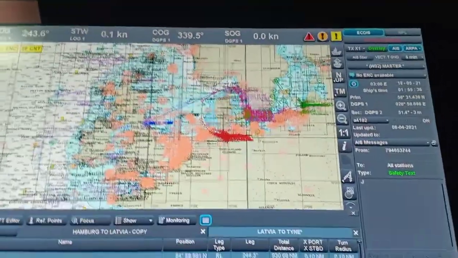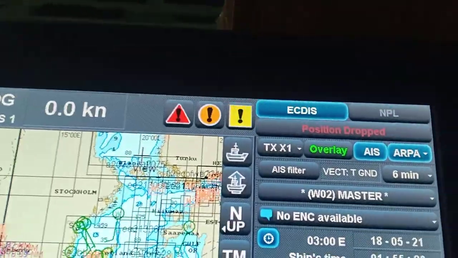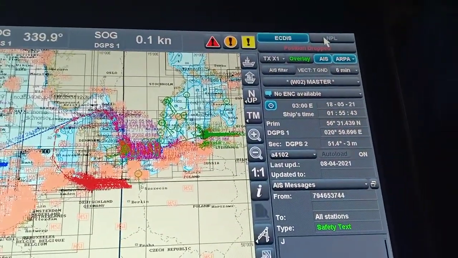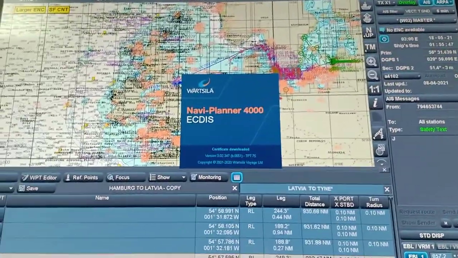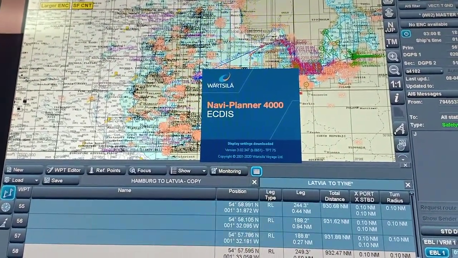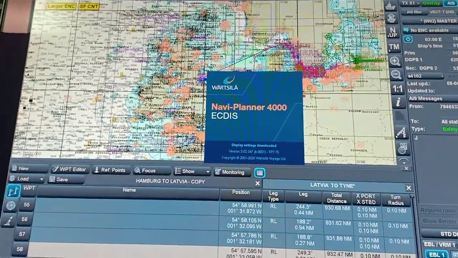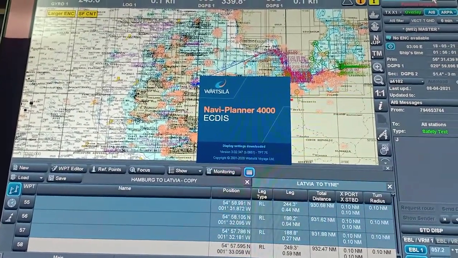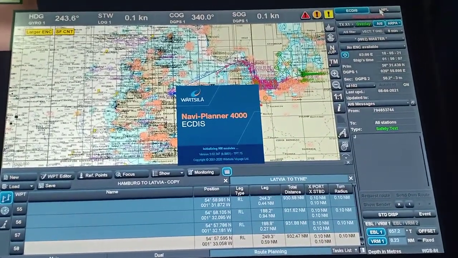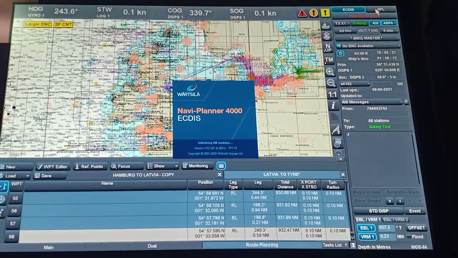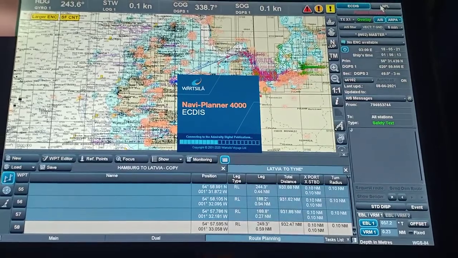First, you can see these two panels, ACDIS and NPL. You just have to click on this NPL. Once you click on the NPL, it will go to the navigation planner mode, where you can manage your chart folio, and you can order charts, upload charts, update charts. You can order publications. In Transys Wärtsilä, everything can be done online, so it will not take much time like in other ACDISes where you have to use e-navigators and other systems. It is directly connected to the internet. You just have to click and your charts will get updated.